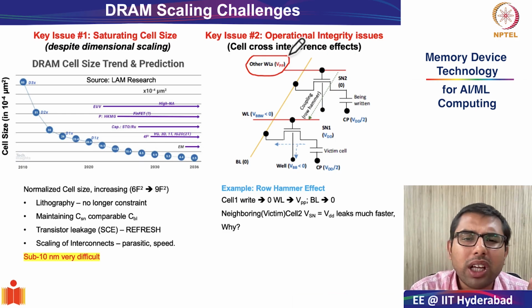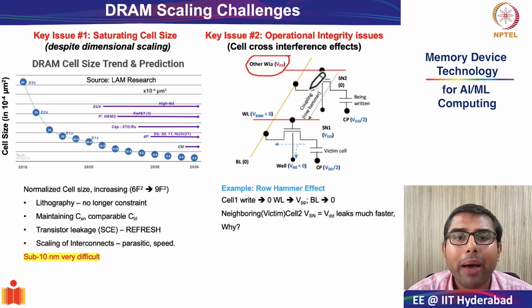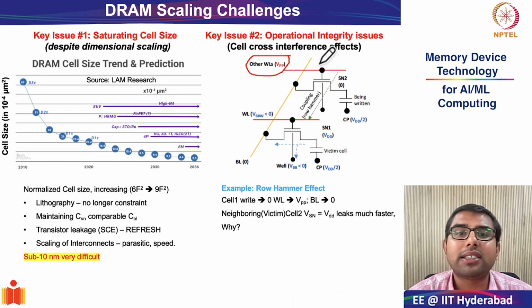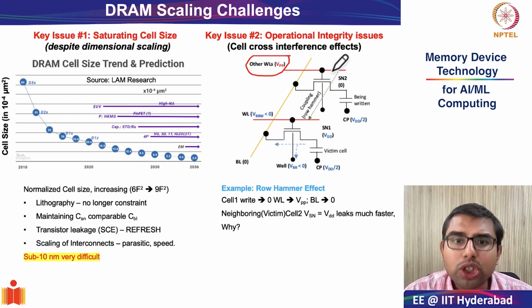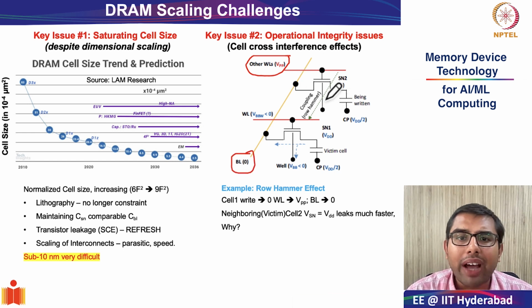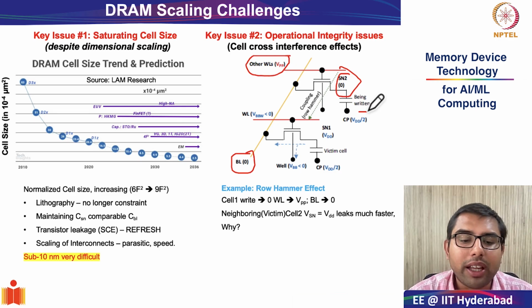Remember what is bootstrap voltage? Slightly more than your supply voltage, so that you can have lower parasitics and smaller read and write times, because you are reducing the parasitics of the access transistor. So what happens? You make this go to VPP and you are writing into this cell by making the bit line value 0. Why? You want to write 0 onto this cell, which is the one I intend to write into.